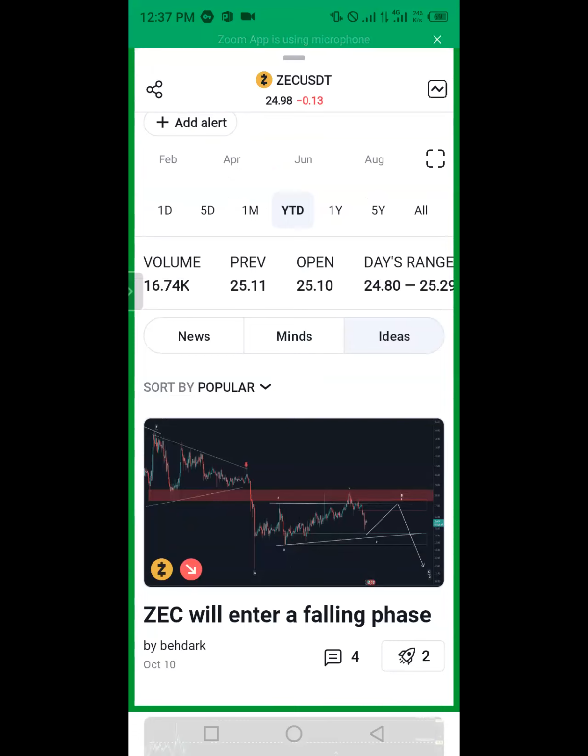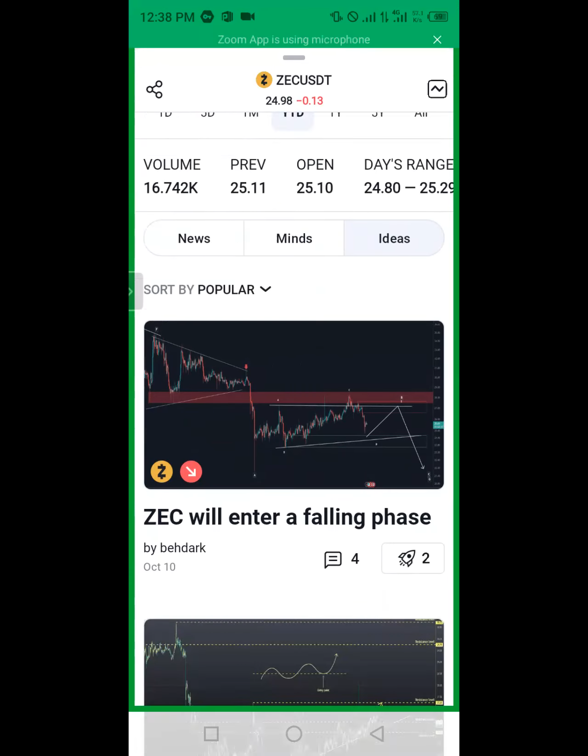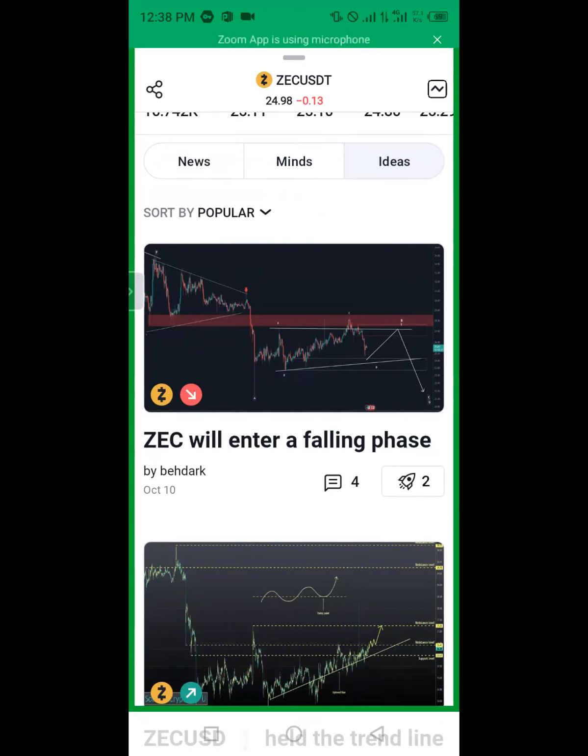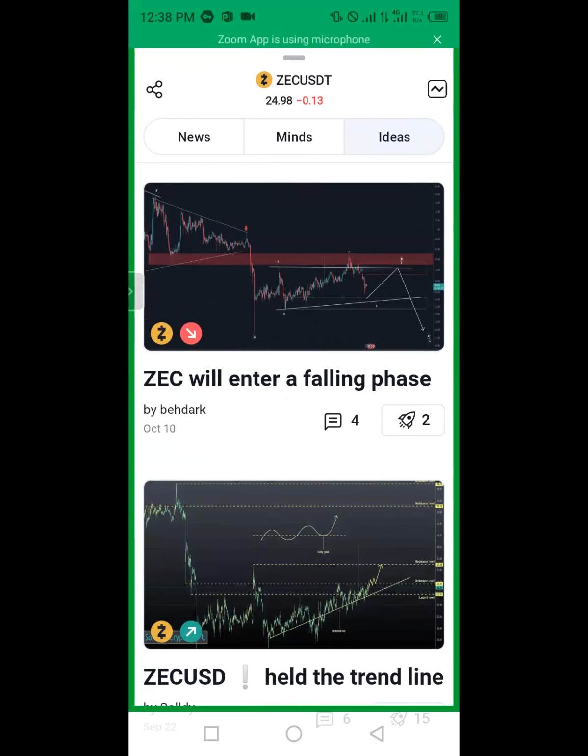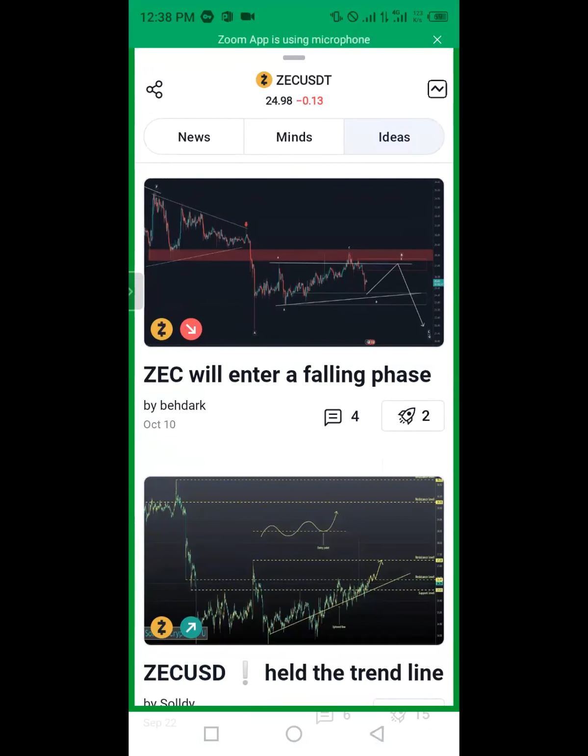People give different ideas about certain currencies every now and then. It is always important. Now this one was like ZEC will enter a falling fence. So if you are trading ZEC, you can be informed, depending on the idea someone has given. And after you have looked at someone's idea, how about you? What do you have to say about that coin, according to the little knowledge that you have about trading? Do you agree with someone's idea, or do you have a different